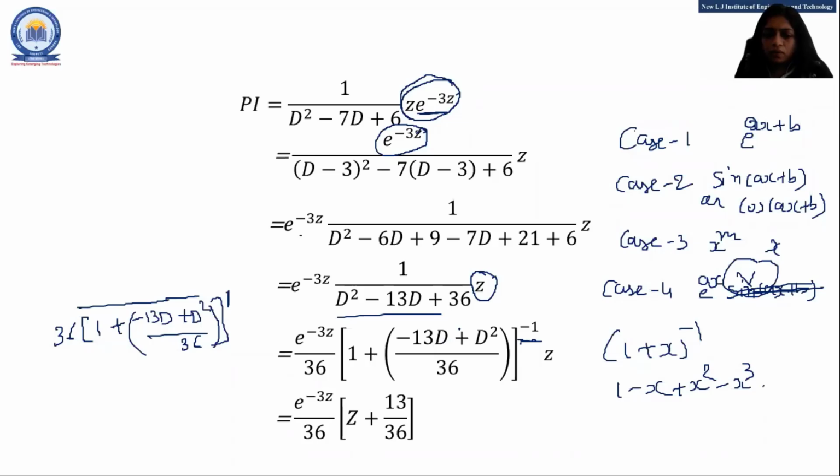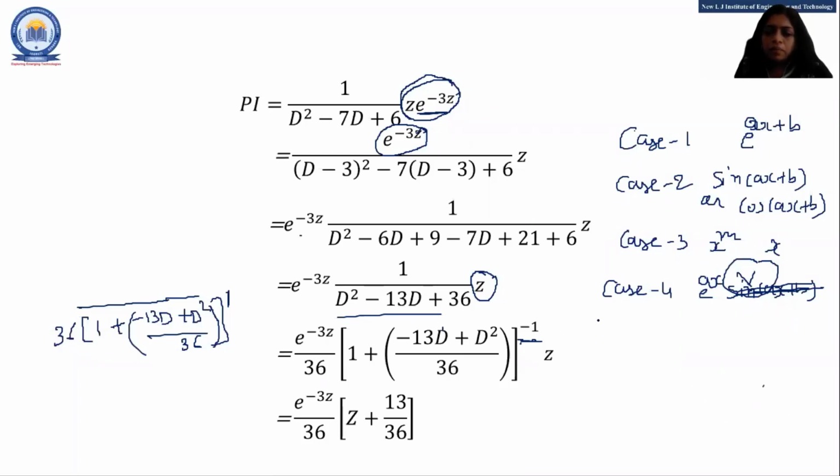So derivative D of z, this D of z is what, students? D of z is 1. So the next step is just, this one is minus, so minus minus plus. I tell you, just a minute. See here, if I am going to simplify this step, see here,